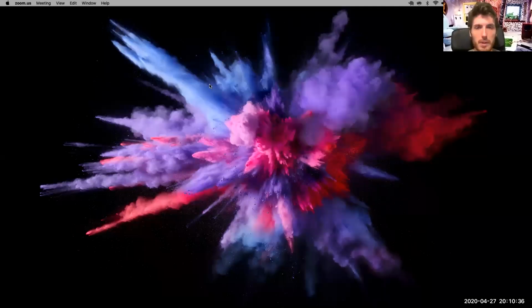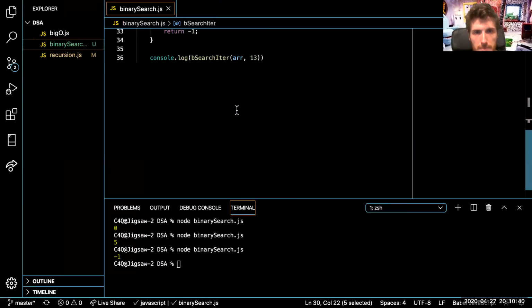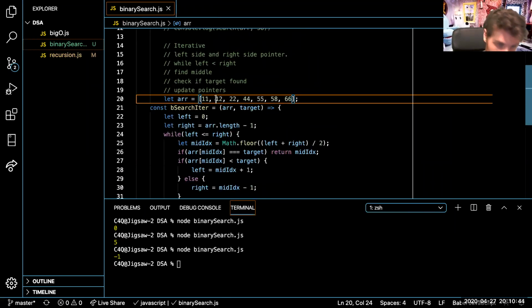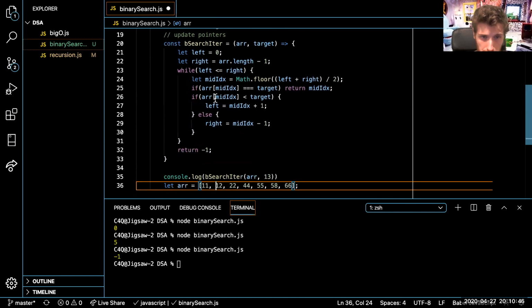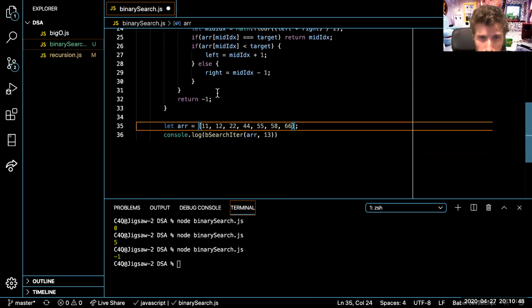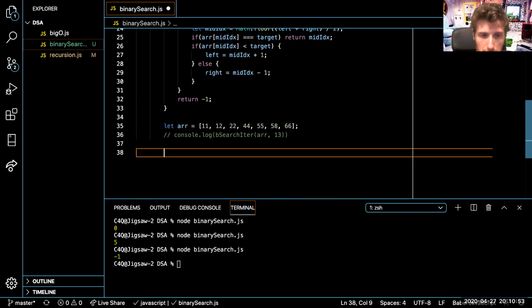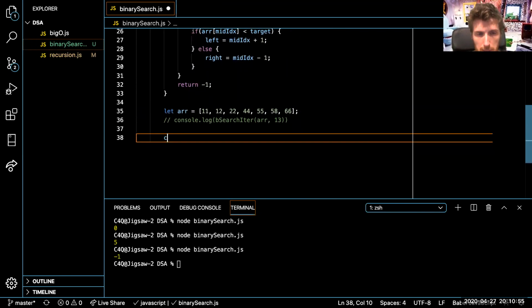So let's do this. Share the screen. I'm recording, I'm pretty sure. Okay. So I'm just gonna move this iterative thing here, just to keep these together. Okay. So let's go ahead and write a B search